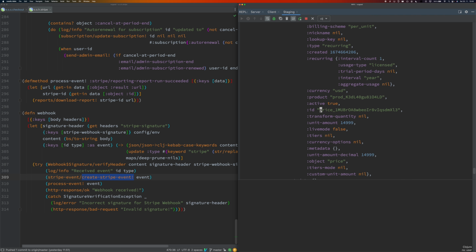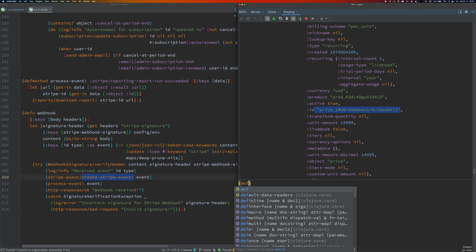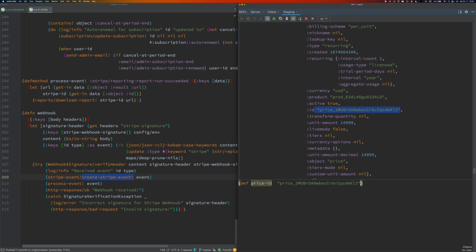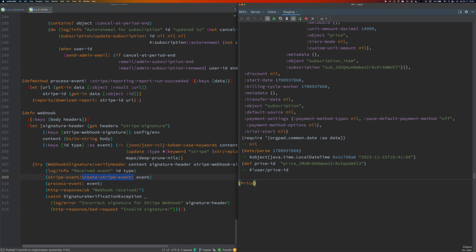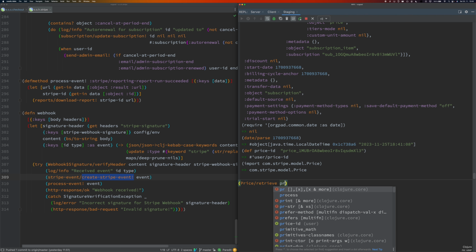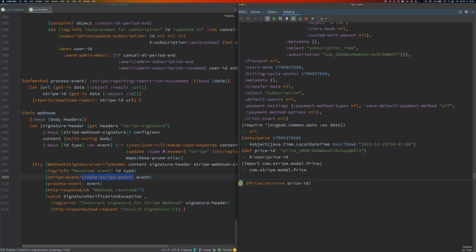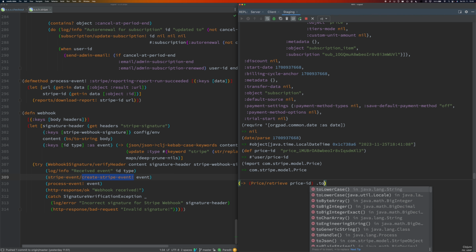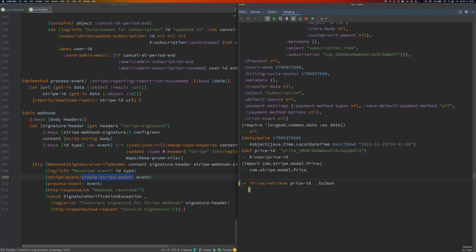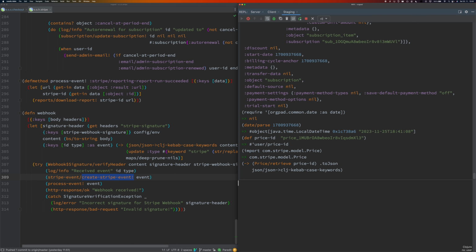What was the price here, for example? So I could store the price ID. I think it should be price retrieve. So let's import the class Price, and let's do the same JSON stuff, so to JSON and JSON parsing.